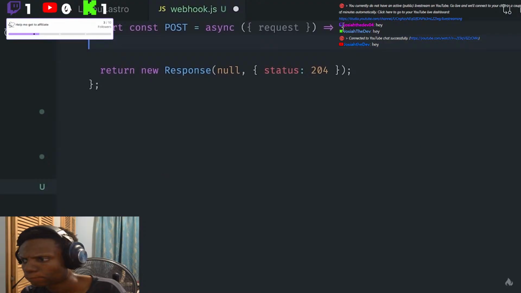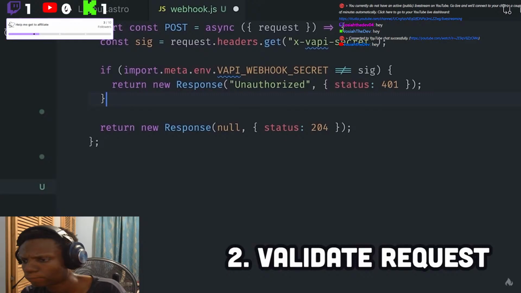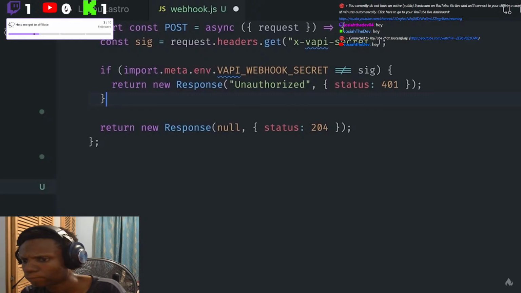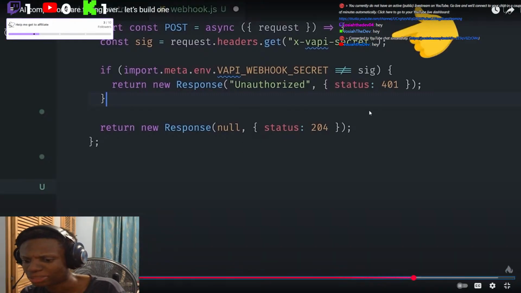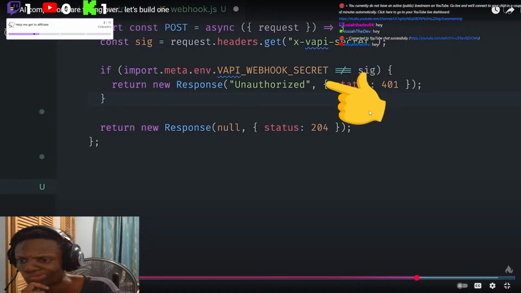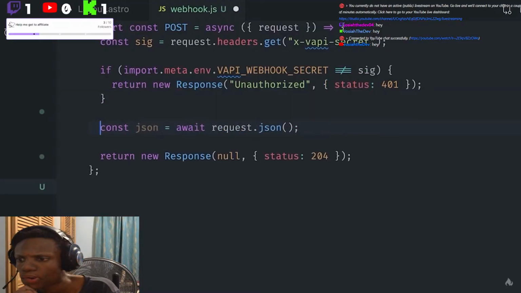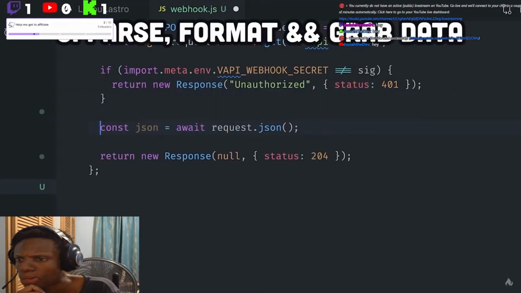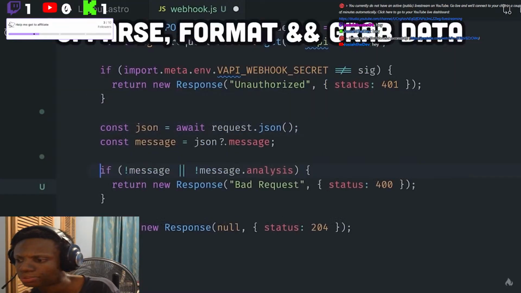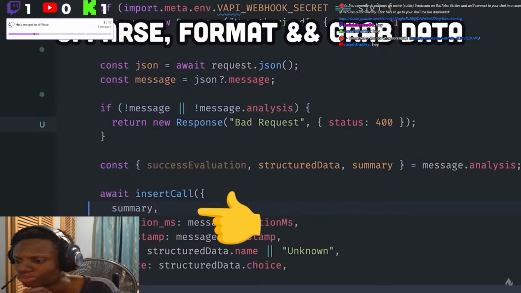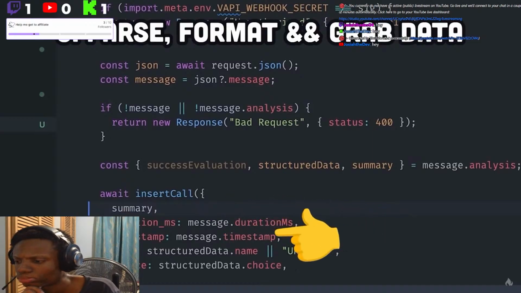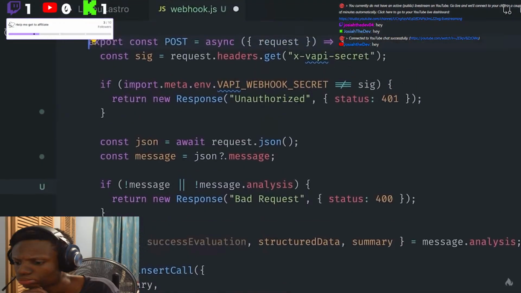Next, we'll need to validate the request and make sure it's coming from Vappy, as opposed to some random hacker on the internet. We can do that by comparing a secret I've set in Vappy with one that we've put into an environment variable. From there, we'll parse the request to JSON, make sure it's formatted correctly, grab some data from the call like an AI-generated summary, and the name of the caller as well as their technology choice, and then finally save it